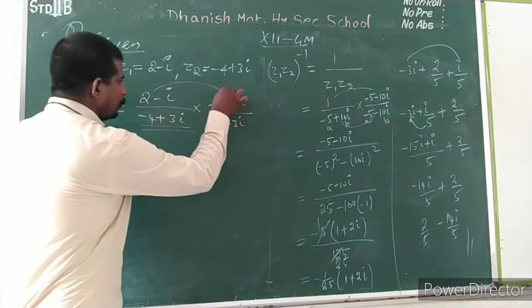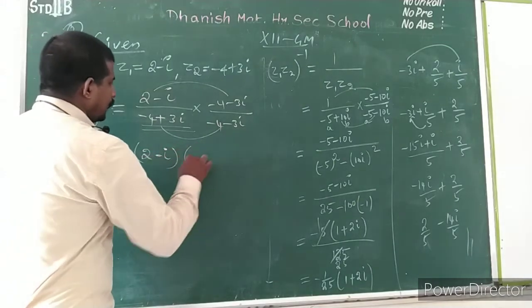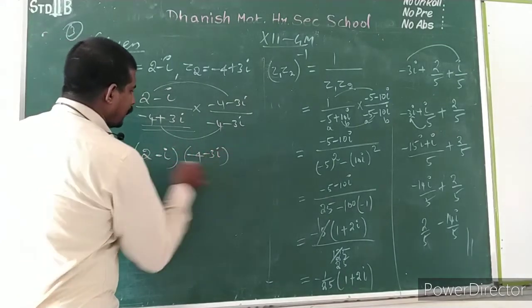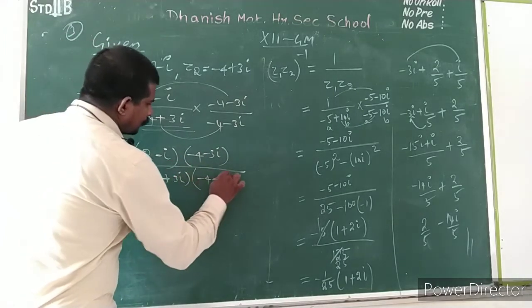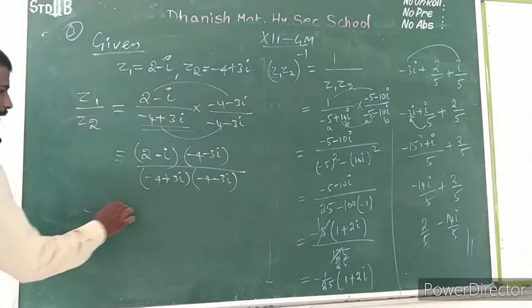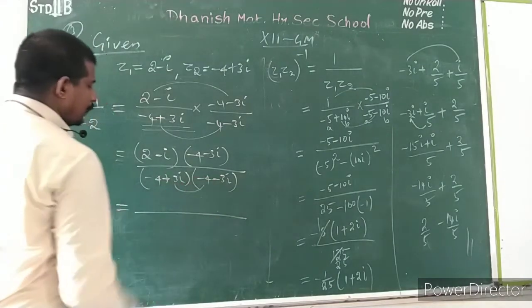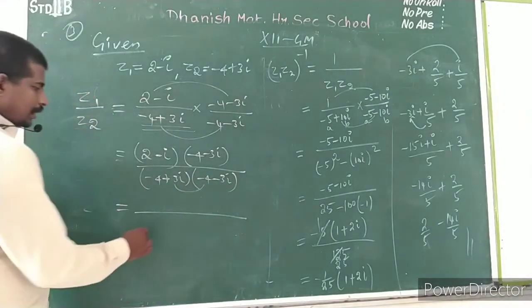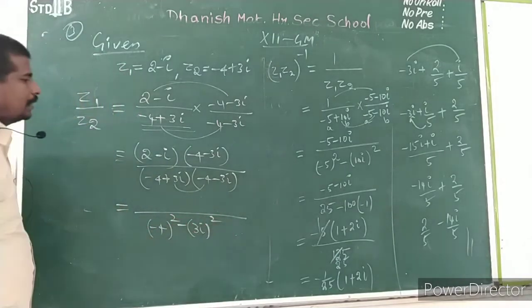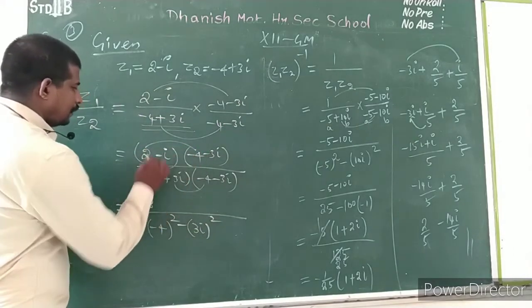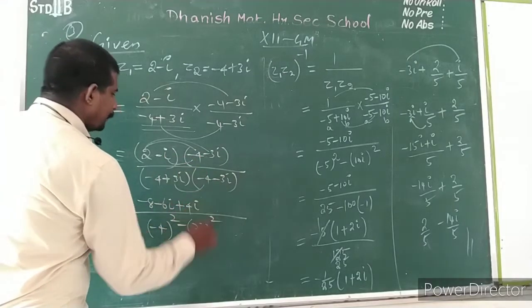Now I am going to multiply these two numerators as well as these two denominators. So my (2 minus i) into (minus 4 minus 3i) divided by (minus 4 plus 3i) into (minus 4 minus 3i). Now this is equal to, look at the denominator. Here I am going to apply the (a plus b) into (a minus b) formula. So a square minus b square. Look at the numerator: minus 8 minus 6i plus 4i